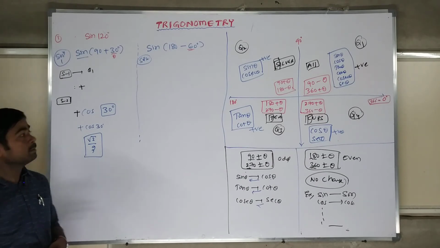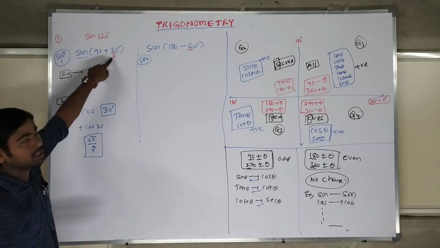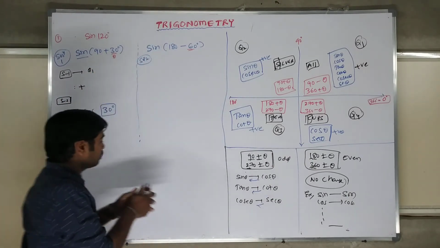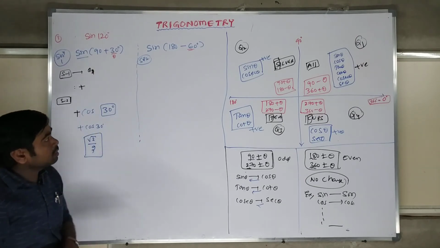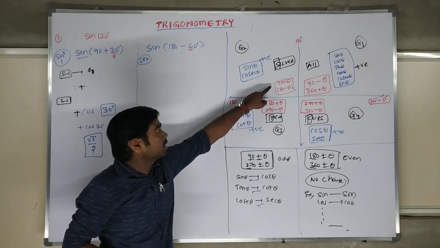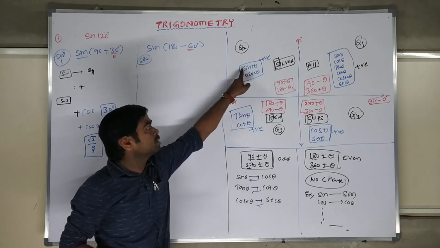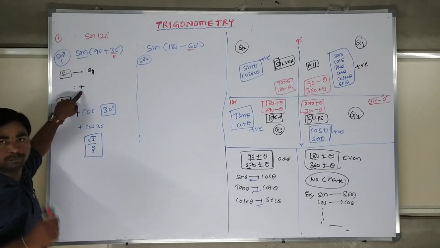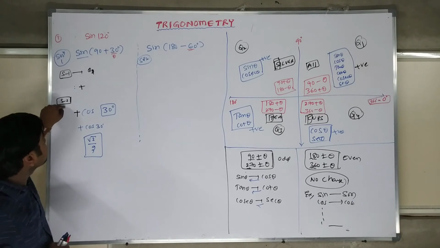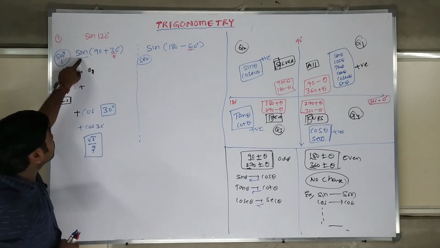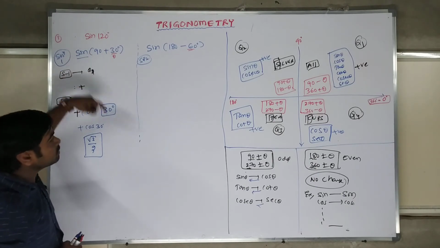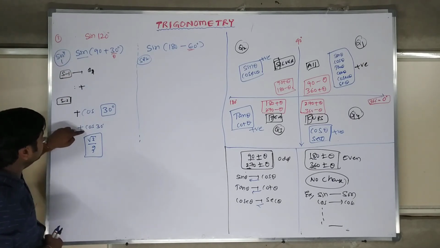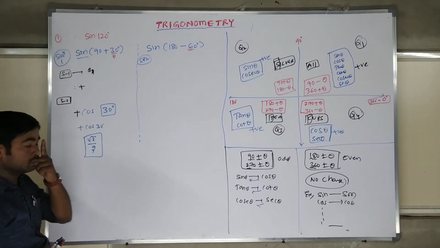Let us explain it once again. Step 1 is 90 plus theta. Which quadrant? Quadrant number 1. Sorry, quadrant number 2. I was wrong. Quadrant number 2. So in quadrant number 2, with 90 plus theta, who is positive? Sin and cosecant only are positive. What we have is sin, so positive. That's why we write positive before the answer. Step 2: you have sin of 90 plus theta, so will the function change or not? 90 plus theta means sin becomes cos, tan becomes cot, and reverse. So sin is there, please write cos. Theta copy directly. So cos 30 is root 3 by 2.